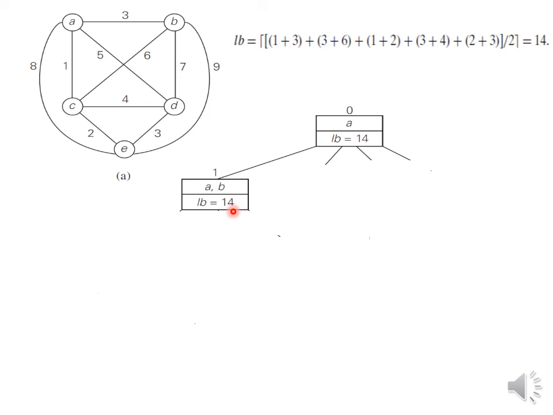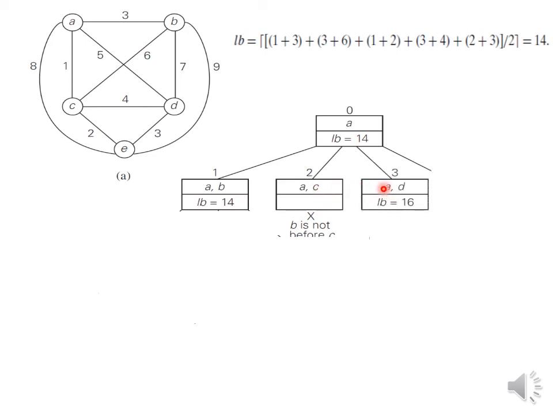Now let us go for one more choice. The one more choice is after A, let us go to C. We have one assumption earlier. The assumption is that B comes always before C. Since here C comes in the beginning, let us avoid this particular solution. Let us go for the next. After A, let us choose D.